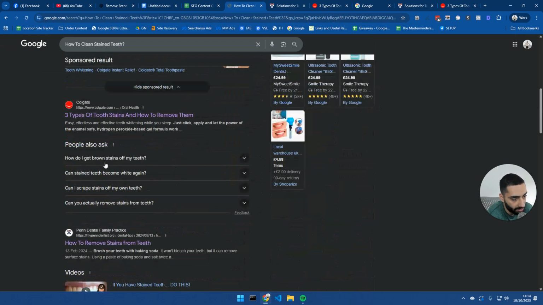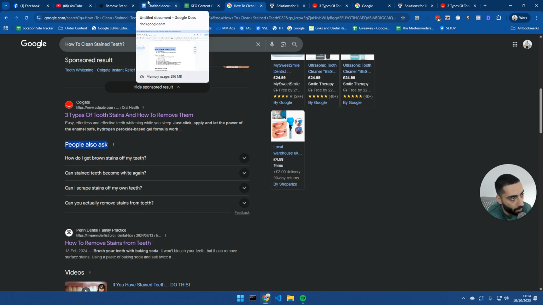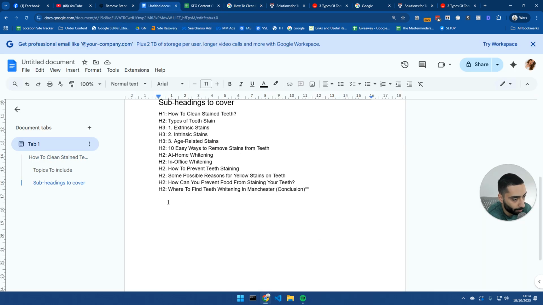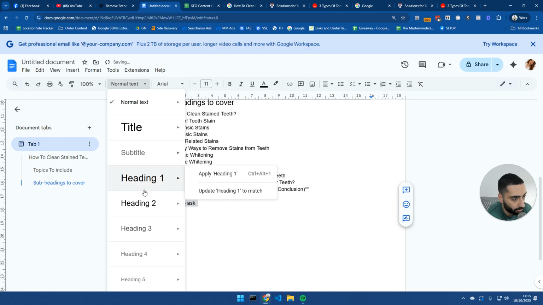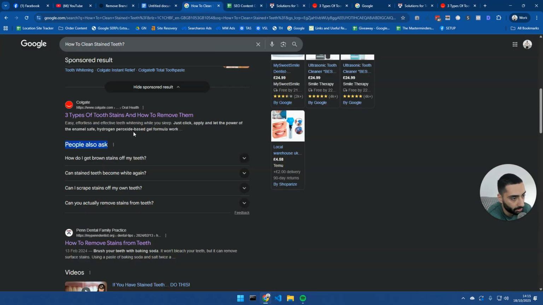So this is it here. Now, what we want to see is whether there are any people also ask questions that we can actually include in our article. So again, I'm going to go back to our sheet here. We're going to paste without formatting. We're going to do a subheading here. And then we're going to see which of these